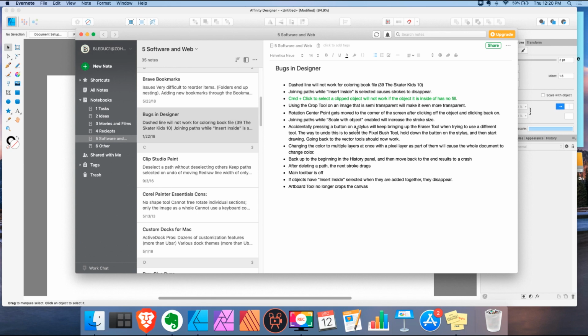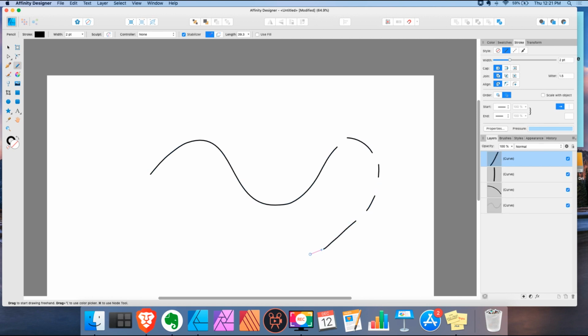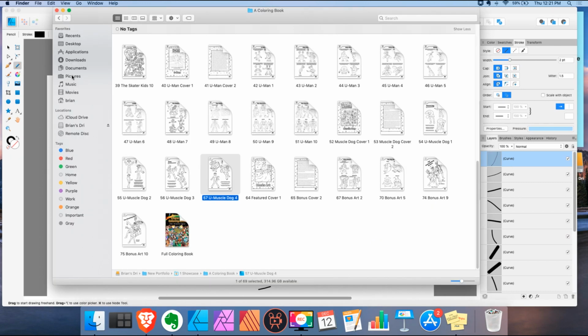Accidentally pressing a button on a stylus will keep bringing up the eraser tool when trying to use a different tool. The way to undo this is to select the pixel brush tool, hold down the button on the stylus, and then start drawing. Going back to the vector tools should now work. Okay, so I'm going to draw and I'm going to press the button on the stylus. Hmm. Okay, the eraser tool isn't coming up because I know that when I went to,